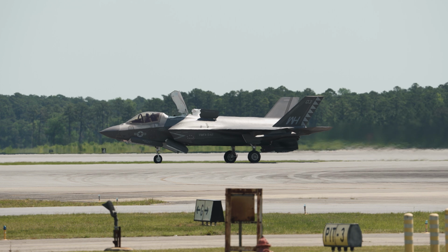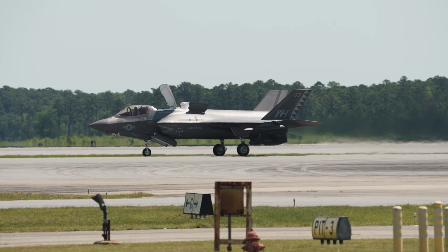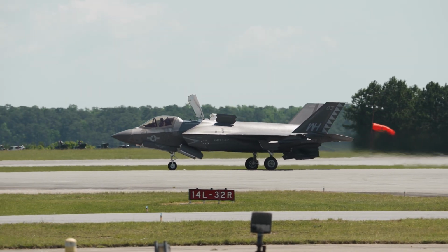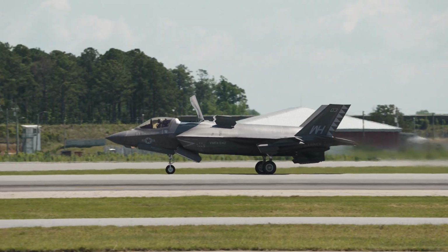Now, as Cricket goes down to the edge of the runway, you can see the vertical lift fan is engaged. Short takeoff, vertical and STO mode, STOVL mode. More on the top of the engine, goes up back to